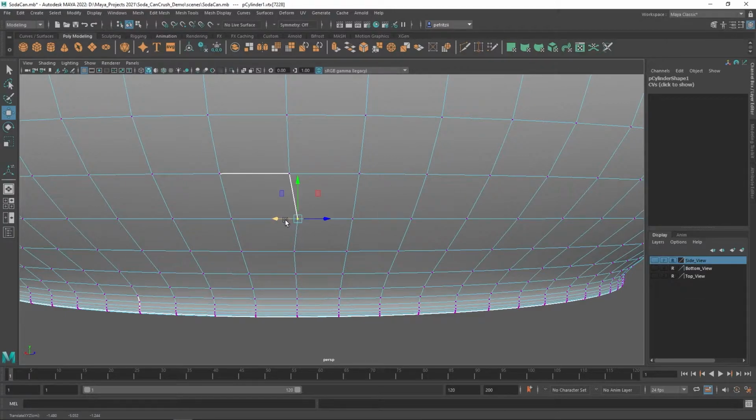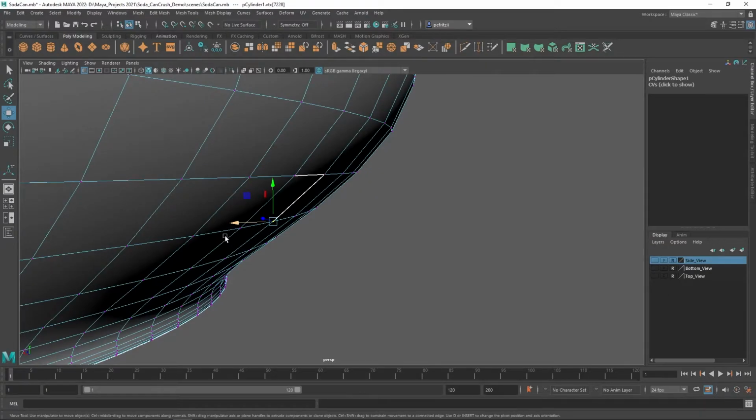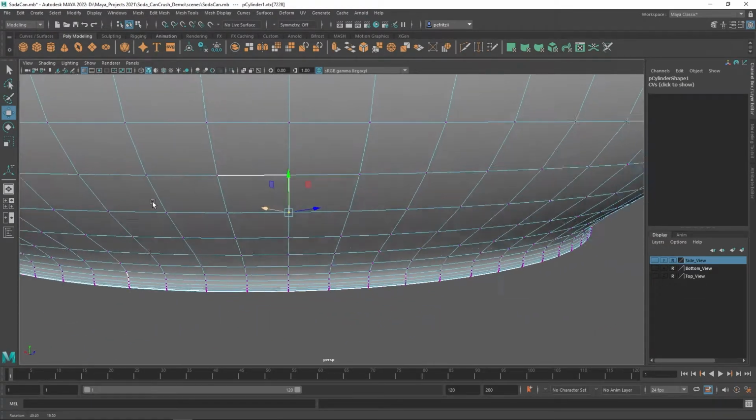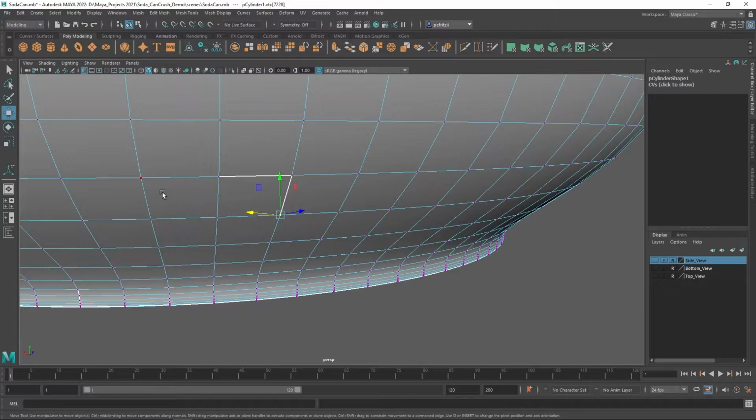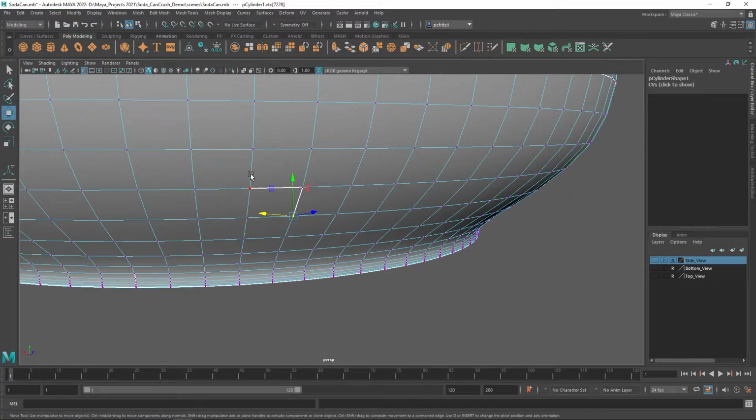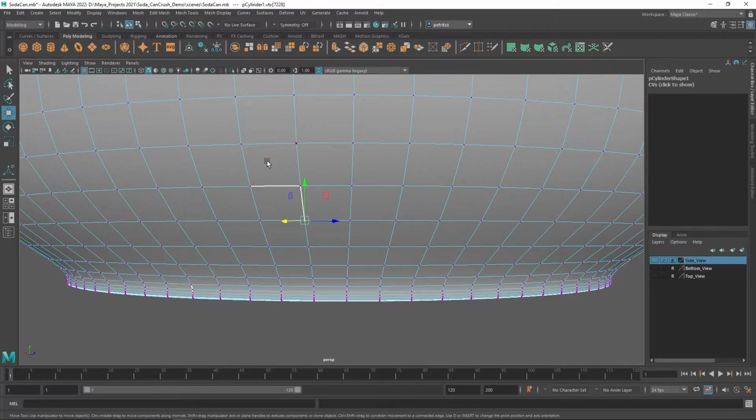But this is more, I believe, because of the angular geometry. Why it's not doing it to the rest of the can, I don't know. We could go through the process of trying to do a cleanup, but it would probably put a cut across here or through the can or something. We don't want that. We're trying to do something else with this. So